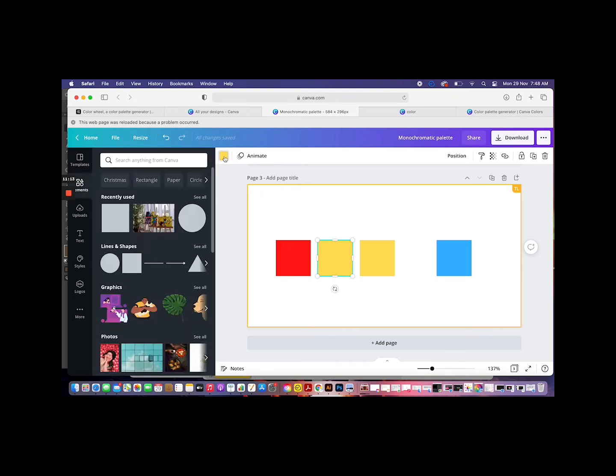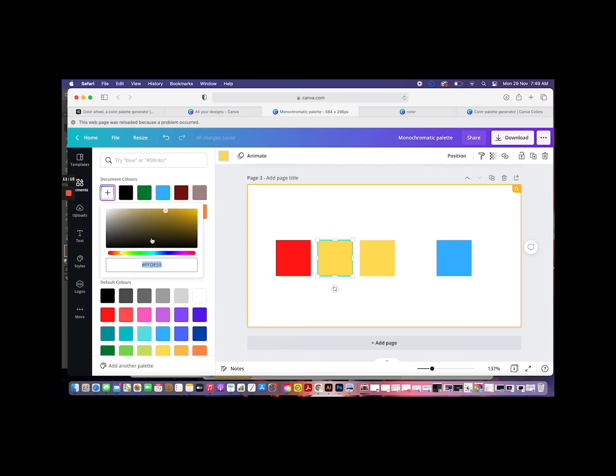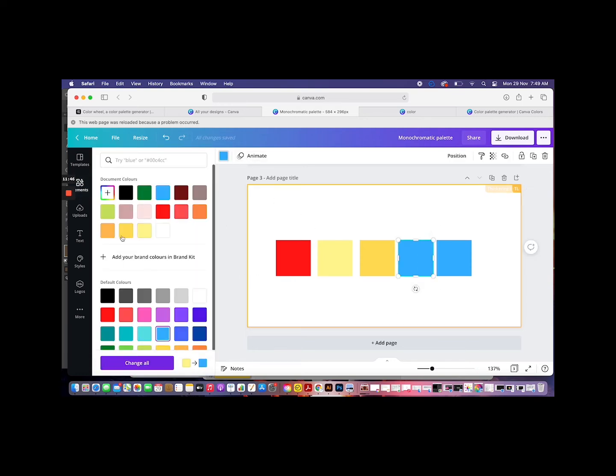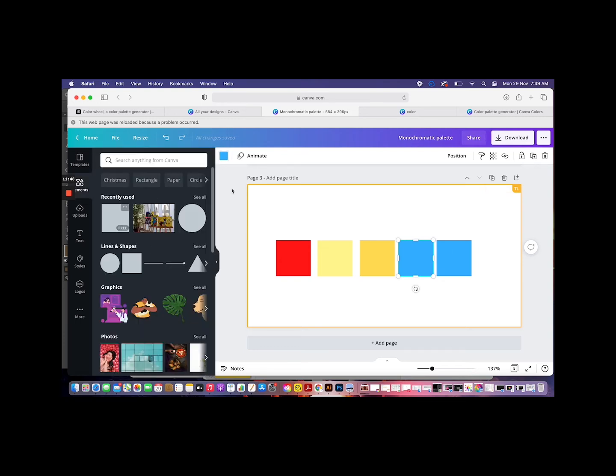So to do that, what I will do is basically from here I have an orange, now the interesting thing about this type of a color palette is that it can actually be varied very greatly. So if I have taken this blue and I want to change it,